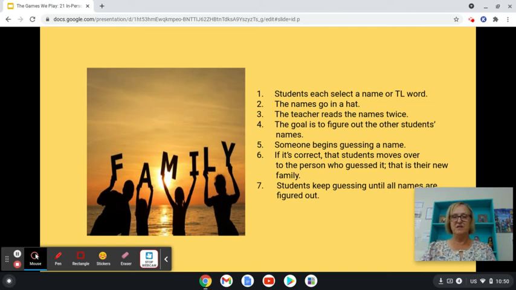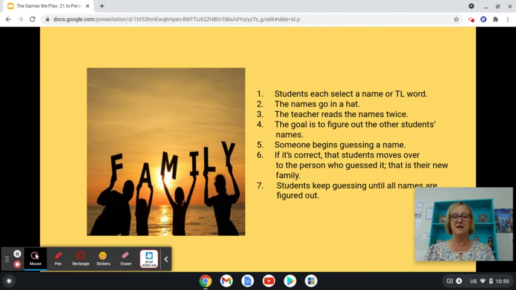So this is a game that I learned from one of my students. It's a game that they would play with their family when they have large family gatherings, I guess. So I have the rules written out because it sounds kind of complicated, but it works. So the students each select a name or a target language word.